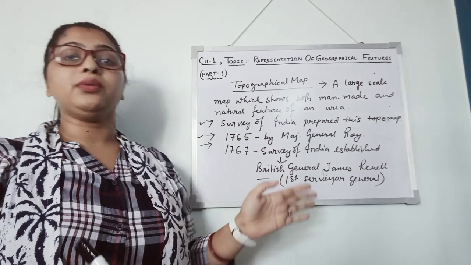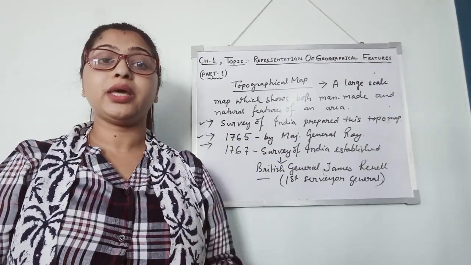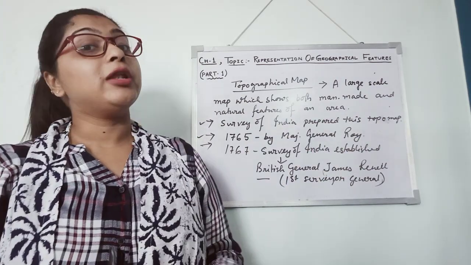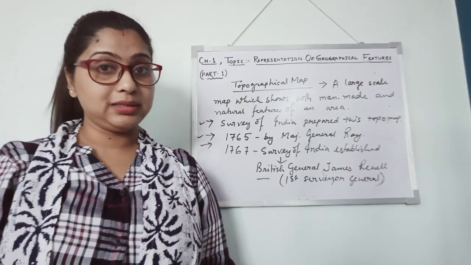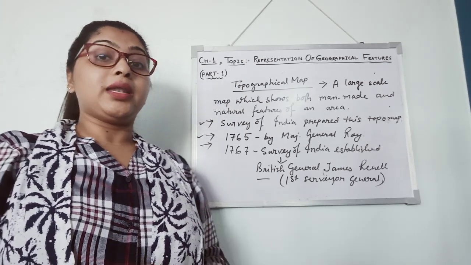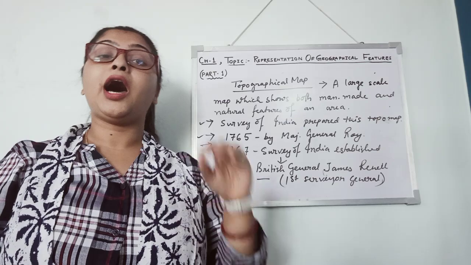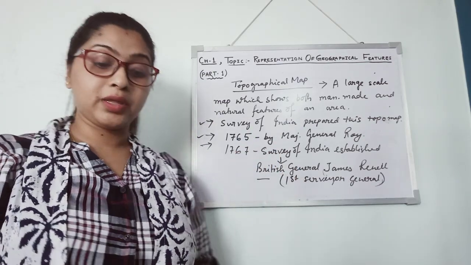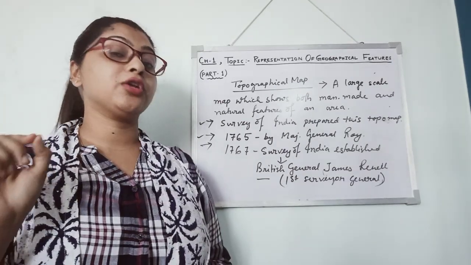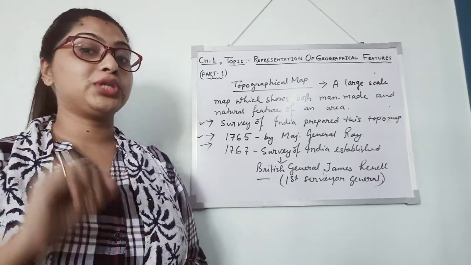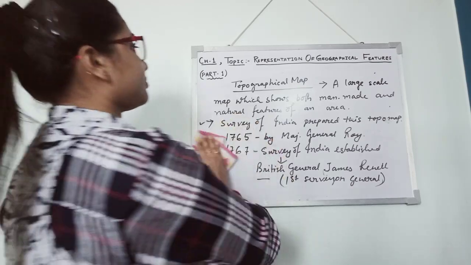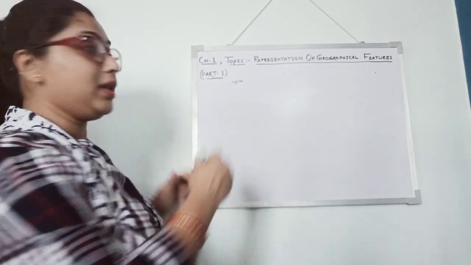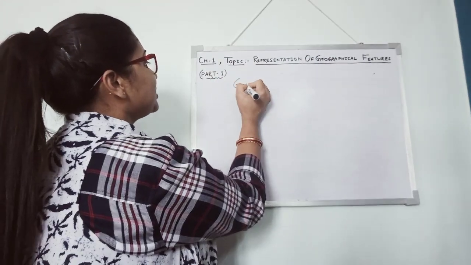So you should know how the topographical map started. Actually, this helps to know about the condition of that area, even the availability of resources of different areas. Is it clear? Yes, student. Now I will tell you how to locate a point in any topographical map. When we want to know the proper location of any feature, then we have to take the help of grid. Okay, so first we will know what is grid.